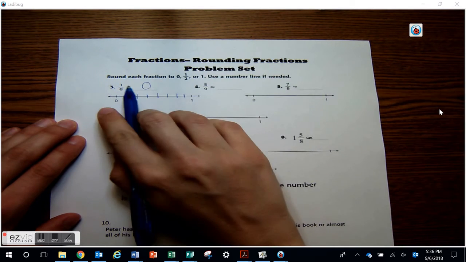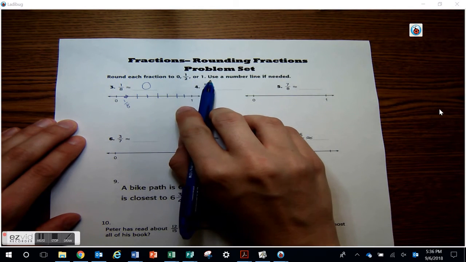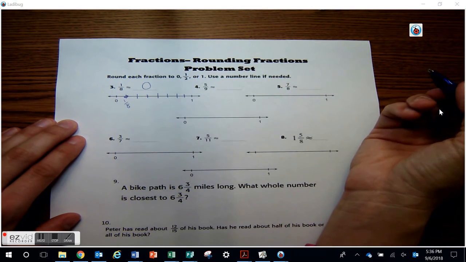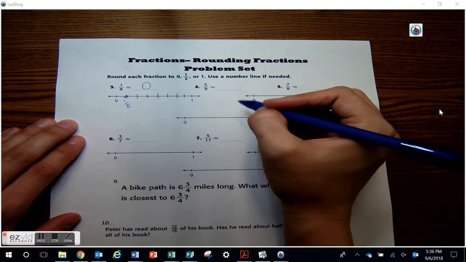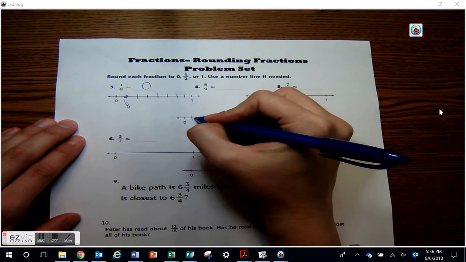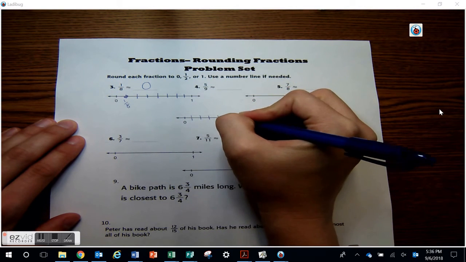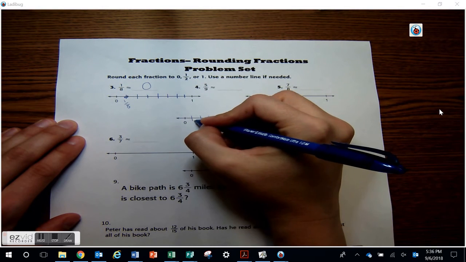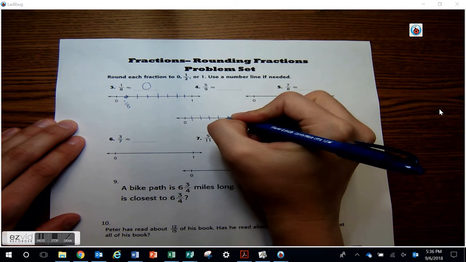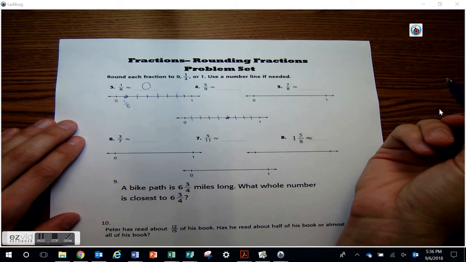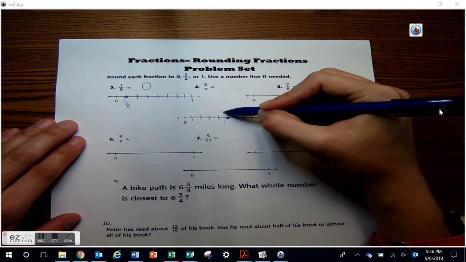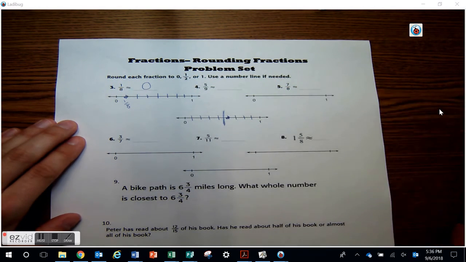Let's go ahead and do some problem set problems. 1/8, so I'm going to go ahead and break this up into 8. There's 4, so I have to go in between that. Here's my 8. And 1/8 is over here. So what would we round that one to? That one's kind of obvious. We're going to round that one to 0 because we're rounding to 0, 1/2, or 1 using the number line